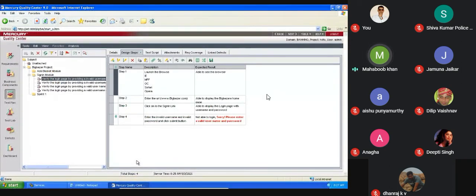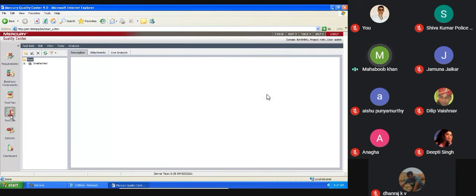I am right now in the test lab tab. Can I see any tree here which I need to execute?